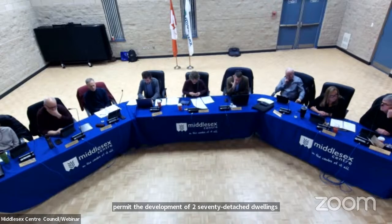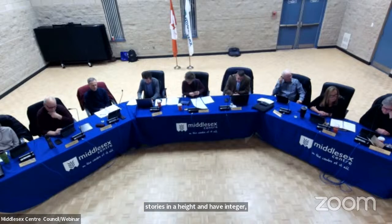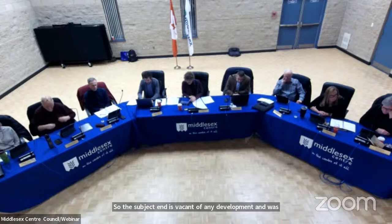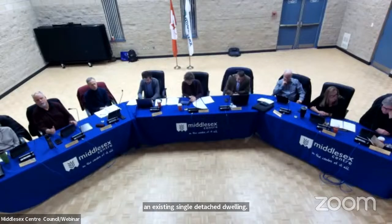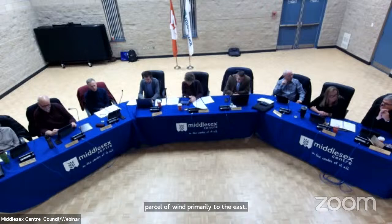The 2 semi-detached dwellings are proposed to be 2 stories in height and have individual access and a driveway to Ilderton Road. The subject land is vacant of any development and was conditionally severed from the property, which contains an existing single detached dwelling. The land is surrounded by low-density residential uses, and agricultural lands exist within proximity to this parcel, primarily to the east. Staff note that this application is generally consistent with the PPS and policies of the county and